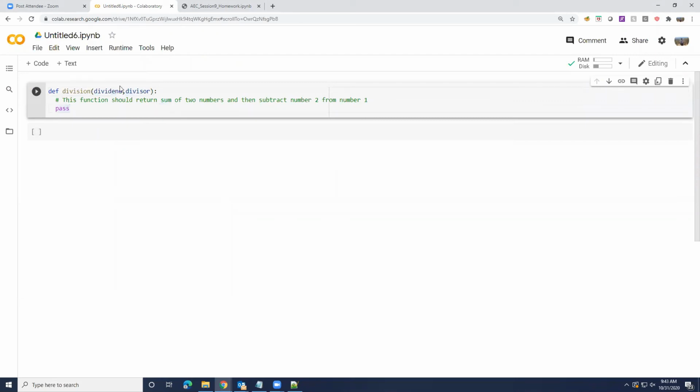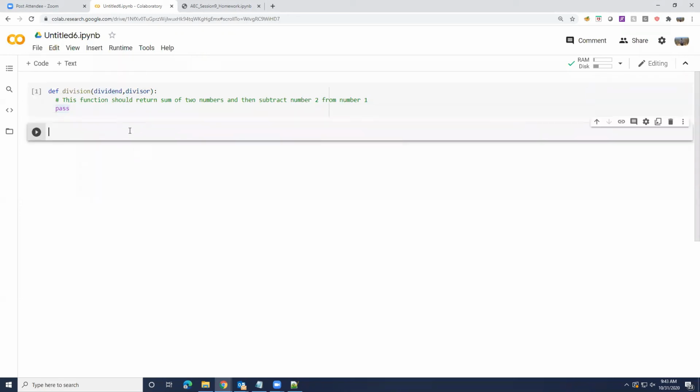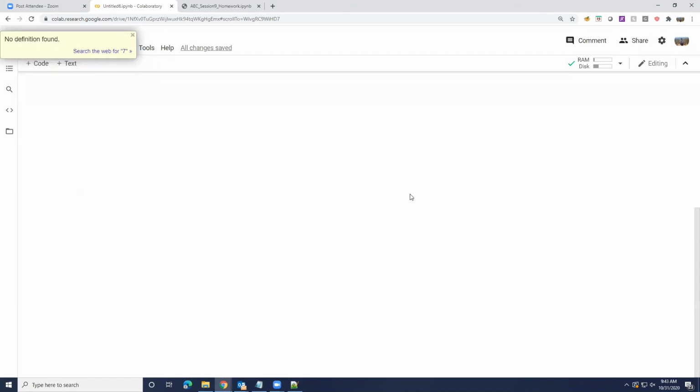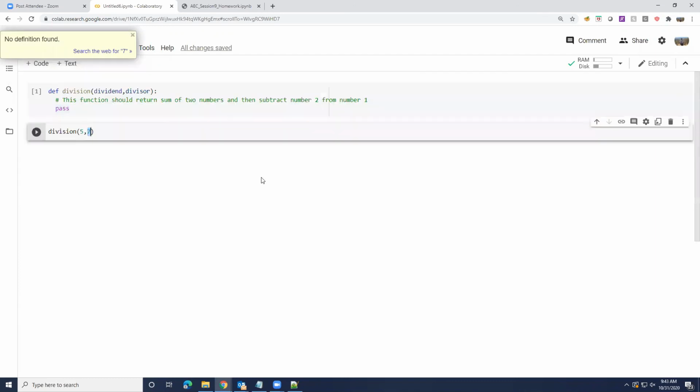But how do I make sure that when I'm calling this function, I pass it the same way? If I call division 5 comma 7, when you look at this call to the function, is it clear that 5 is the dividend and 7 is the divisor? Let's say you don't see the first part.